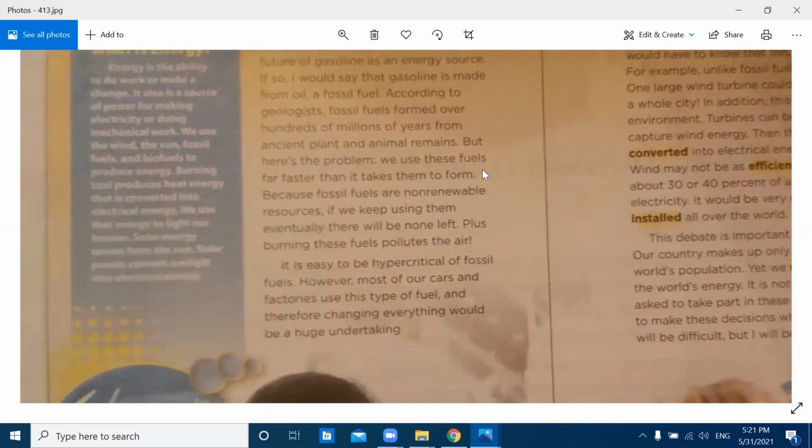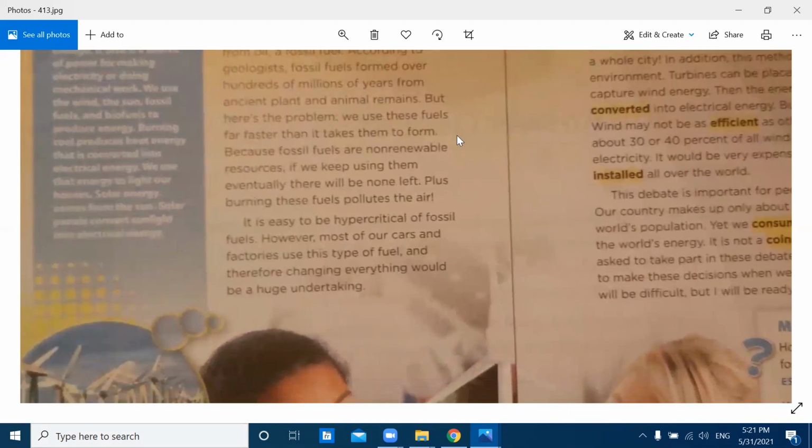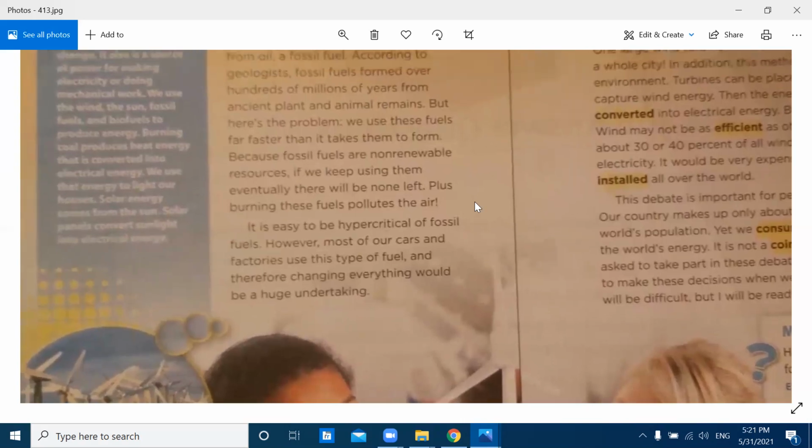Because fossil fuels are non-renewable resources, if we keep using them, eventually there will be none left. Plus, burning these fuels pollutes the air. So if you're on the side of talking about fossil fuels, it's easy to argue that one, they're going to run out, and two, that they harm the air, they pollute. Okay, on the other side,